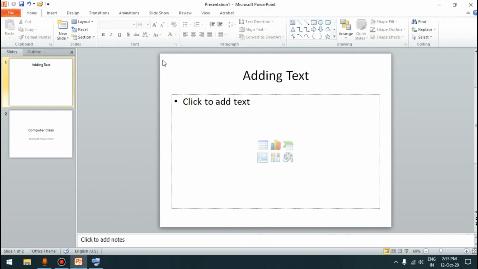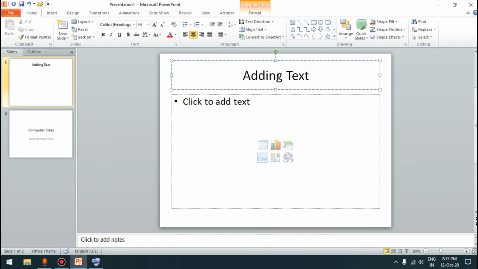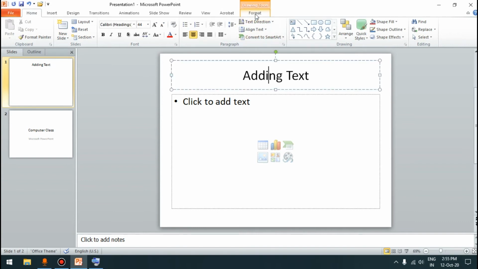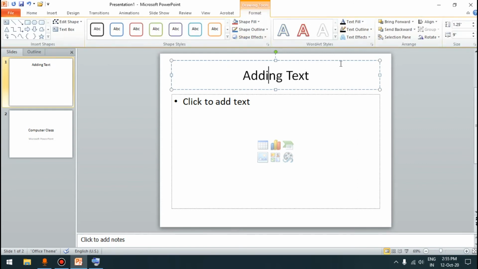It is available only if we click inside the placeholder, otherwise it disappears from the ribbon. We can use this tab to format the text, which we will learn later on.